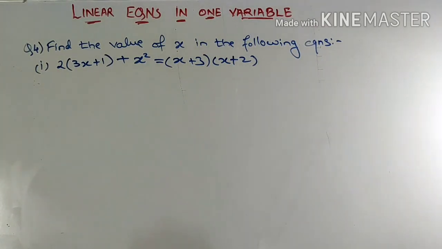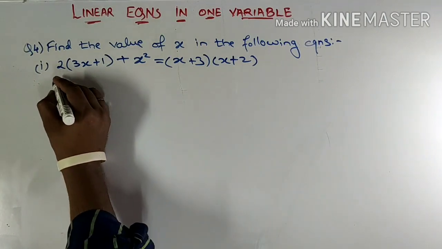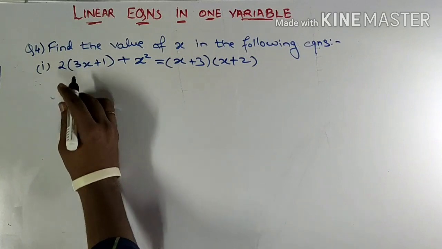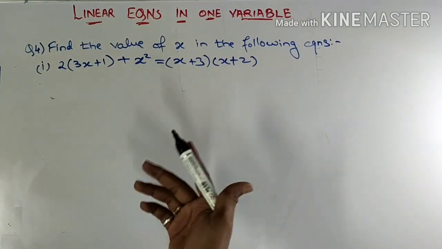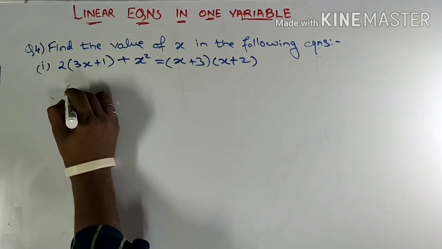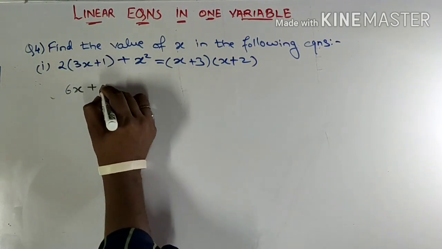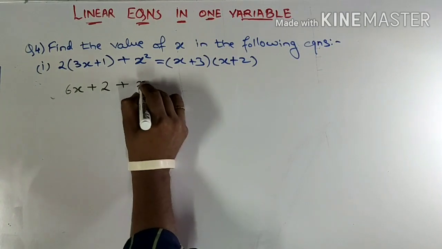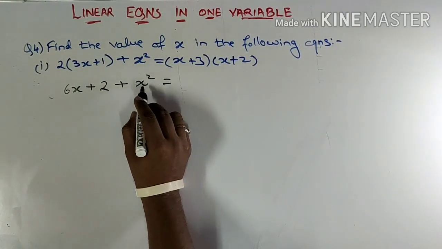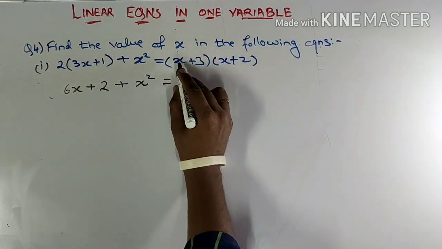So I'll first have to multiply or open the bracket. That means once you start solving the problem, things will get simplified and your problems will get solved. So 6x, 2 1s are 2, plus keep x square as it is, don't touch it, consider it as an inflammable substance, x.